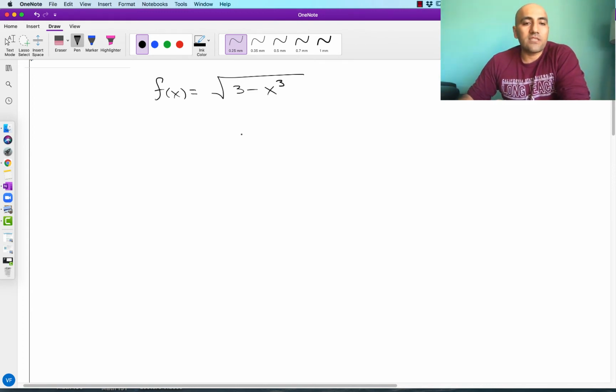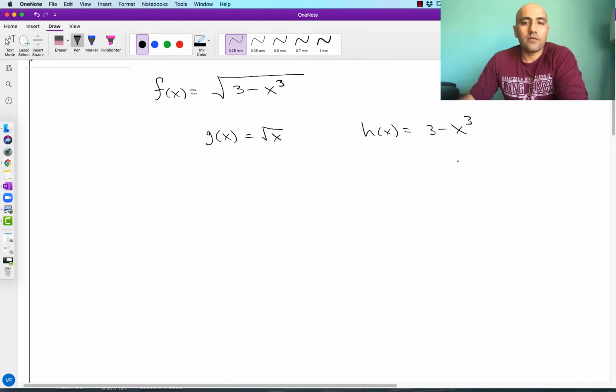The most obvious way, I think, is to think of everything inside the square root as a separate function being plugged into the square root function. So we could say, for example, if f of x is equal to the square root of x, and let's call h of x equal to the stuff inside here, 3 minus x cubed,